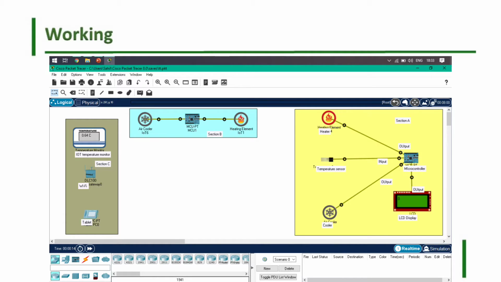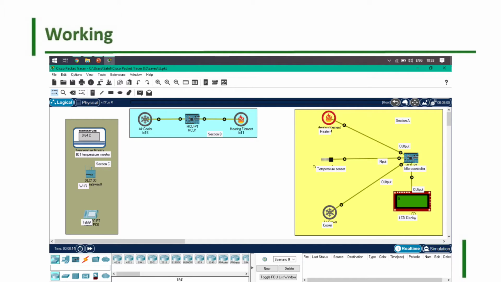The temperature sensor will provide temperature data to the microcontroller. Then the microcontroller will process the data, display it, and control the temperature of the room by turning on the cooler if the temperature is too high and turning on the heater if the temperature is too low. We are using JavaScript for programming our project, and for demonstration purposes we have edited the program for the heater and cooler to produce output quickly. Hence, section A is for controlling the room temperature. So now let's see section B.